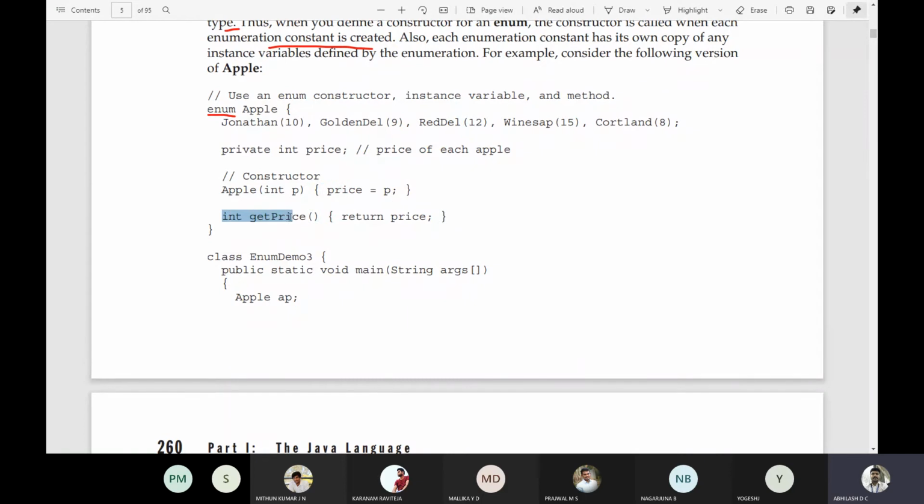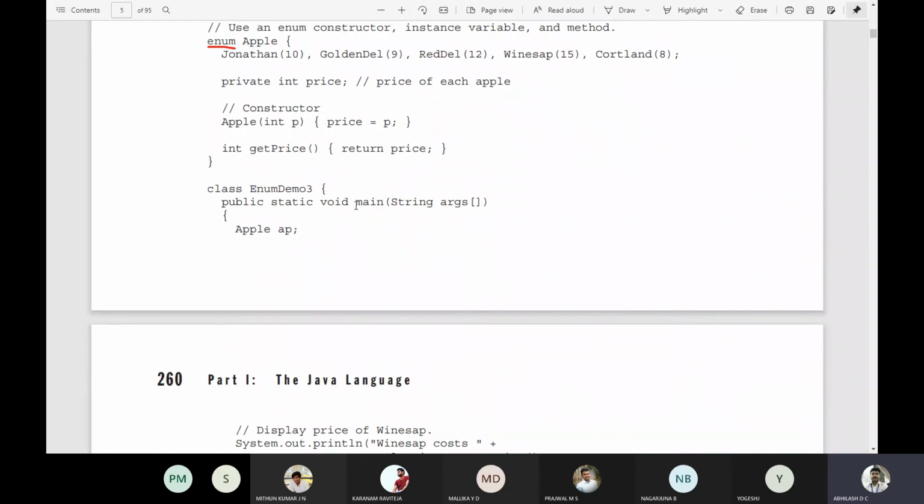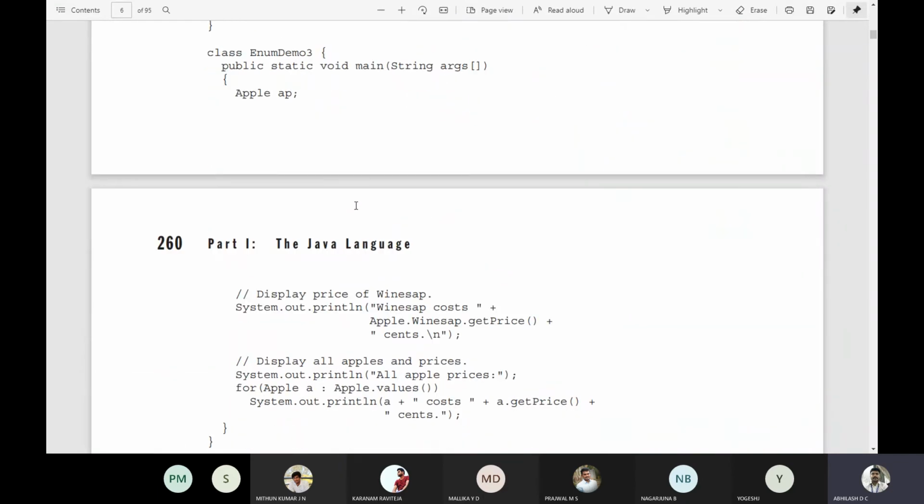So we also have a function over here called getPrice. So what does this getPrice do? GetPrice will return the price value of whom? Of whatever the constant which you are sending. That's what this program actually does. And we know that